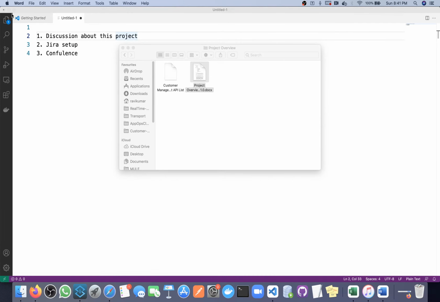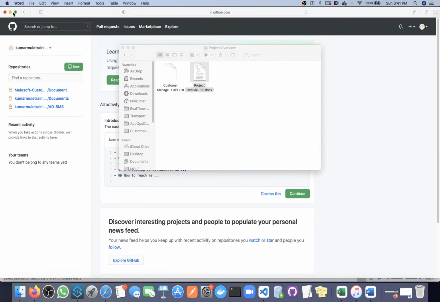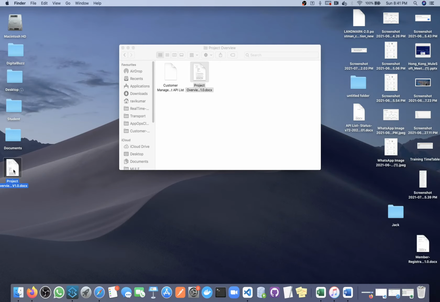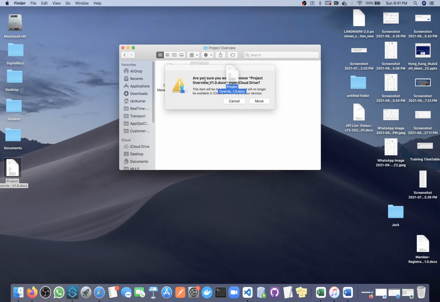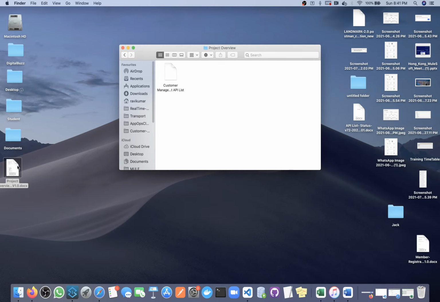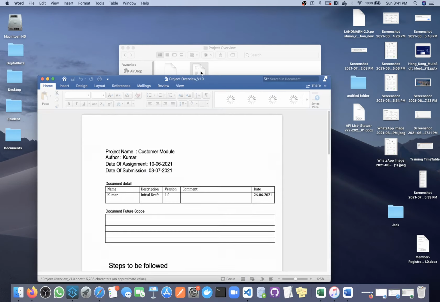I did some modification, or maybe after modification I haven't kept it here. So what I will do, this one is the latest one.